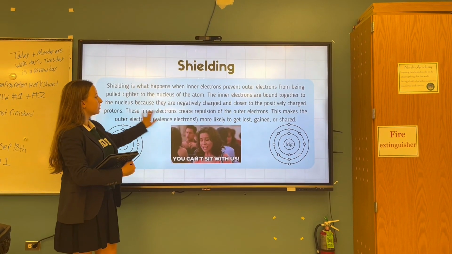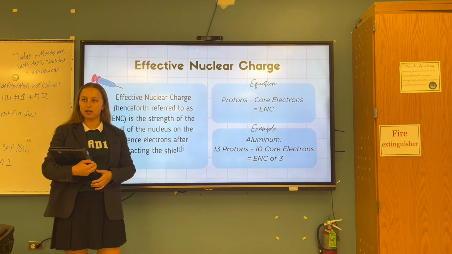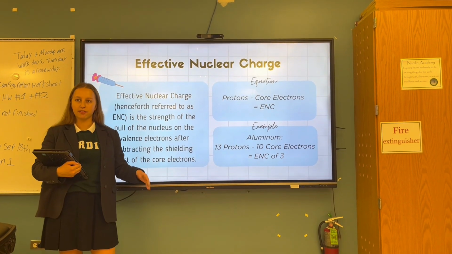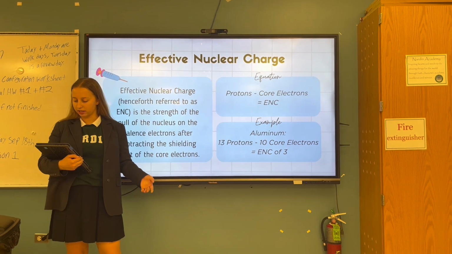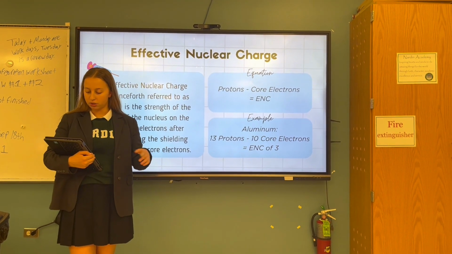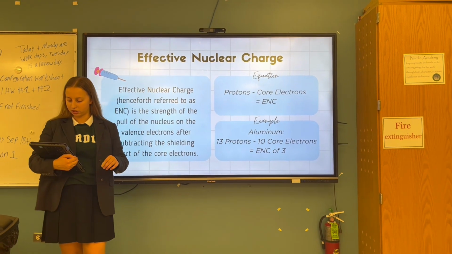The last thing we're going to talk about is effective nuclear charge. Effective nuclear charge is the strength of the pull of the nucleus on the valence electrons after subtracting the shielding effect of the core electrons. The equation for this is protons minus shielding/core electrons, which are any electrons except valence, the valence electrons, equals effective